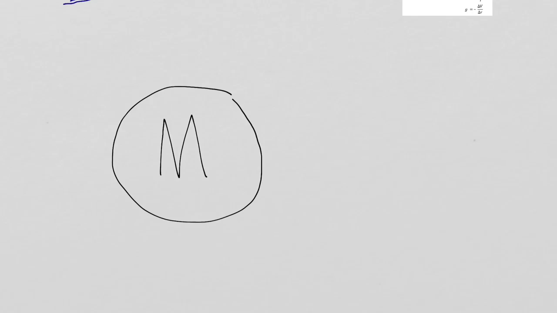Now, the bigger the mass, the greater the gravitational effect. So a very big mass will create a very large gravitational field around it, whereas a very small mass, which will denote little m, would create a very, very small gravitational field around it. We understand some simple concepts of this immediately. If we were to take this small mass and bring it near to the large mass, it would want to move in this direction because there is a force of attraction between these two masses due to their gravity.